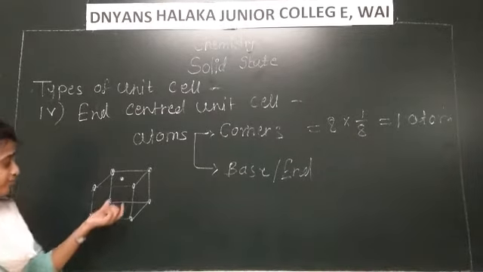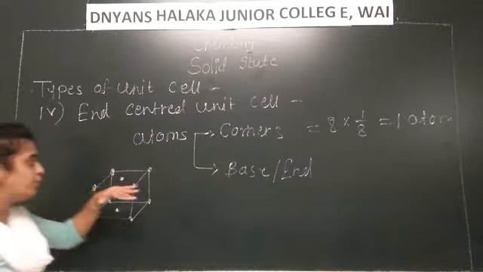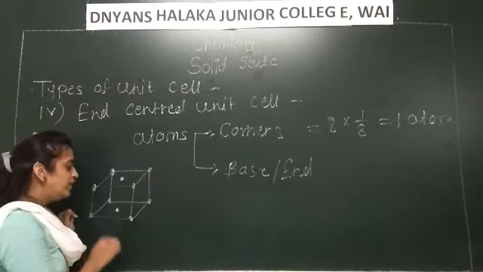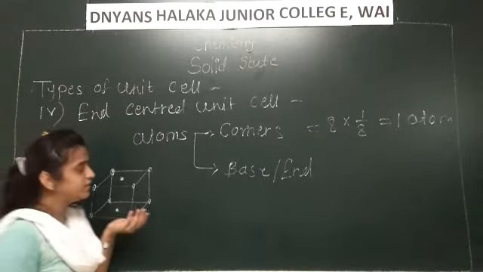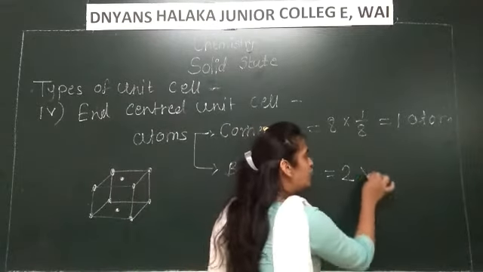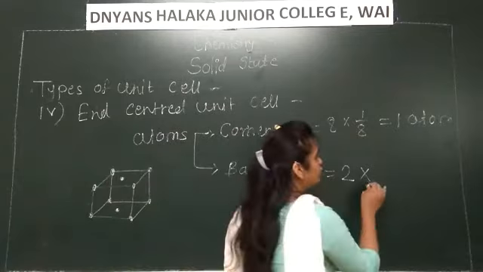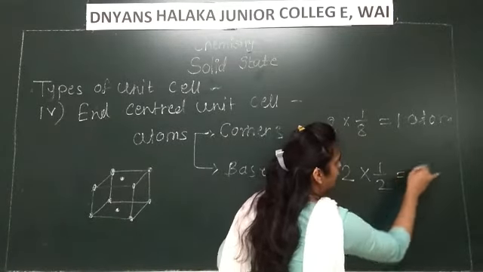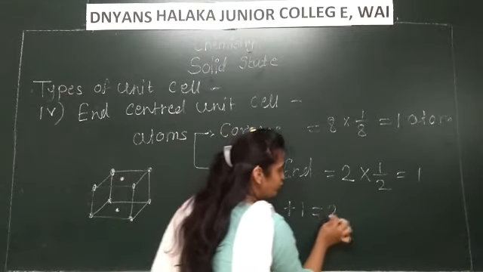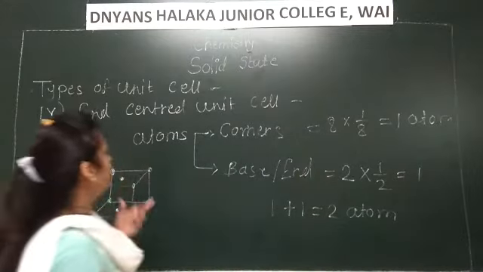So 2 balls are situated, and each ball has only half portion inside the cube. So 2 faces into half portion participate in this cube. So 2 into 1 half is equal to 1. So total number of atoms: 1 plus 1 is equal to 2 atoms or 2 particles participate in end